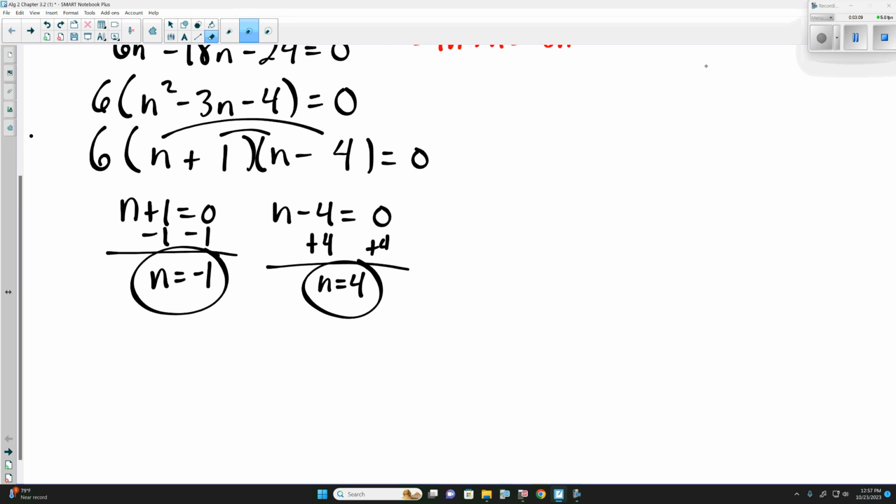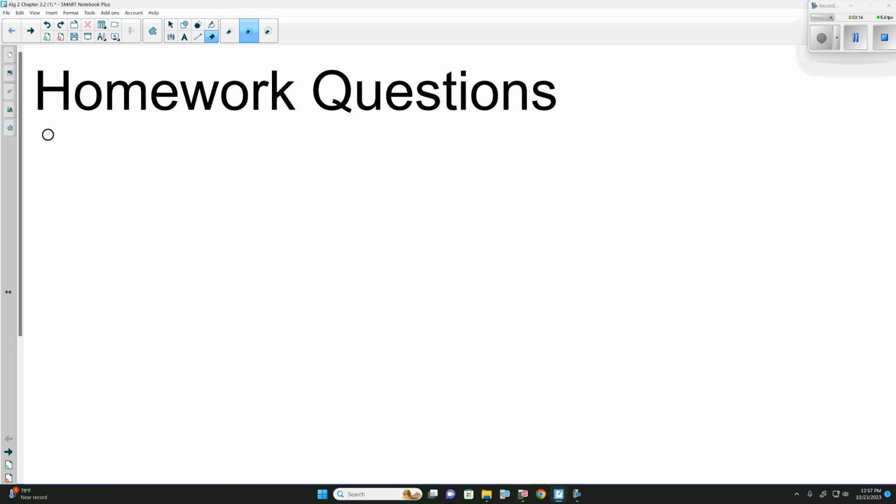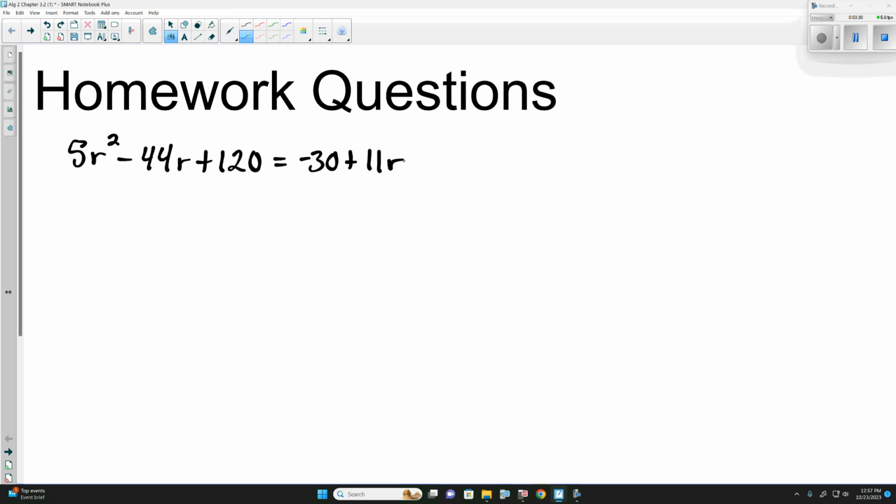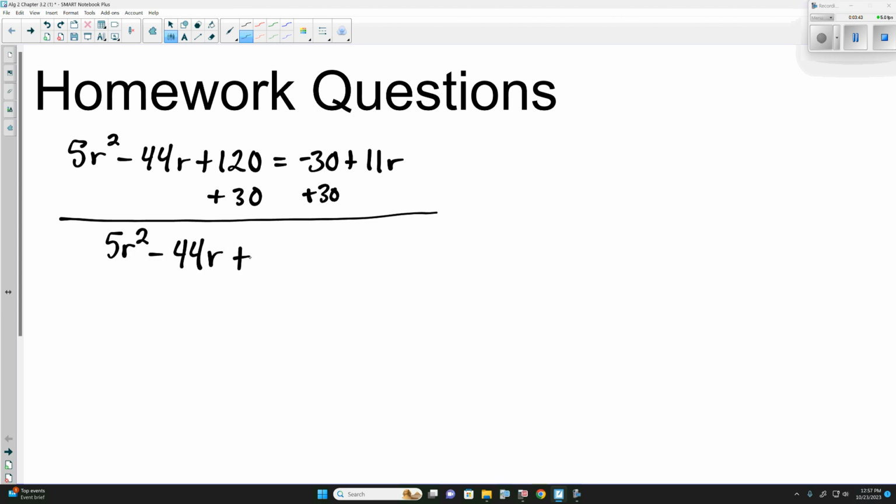Which one? 9 and 11 are the same thing. We just need to get them equal to 0. So number 9, 5r squared minus 44r plus 120 is equal to negative 30 plus 11r. So we need to get everything on the same side and equal to 0. So the first thing we can do is add 30 to both sides, which will tell us 5r squared minus 44r plus 150 is equal to